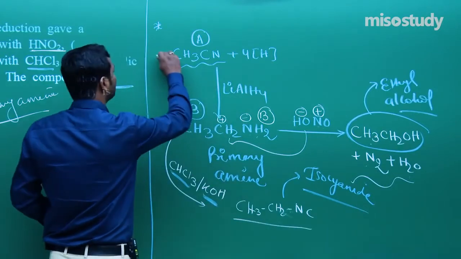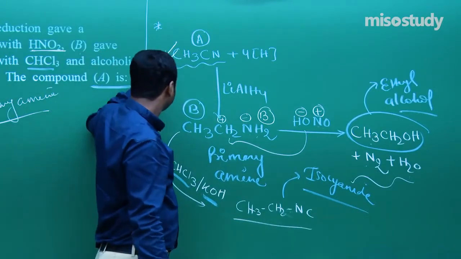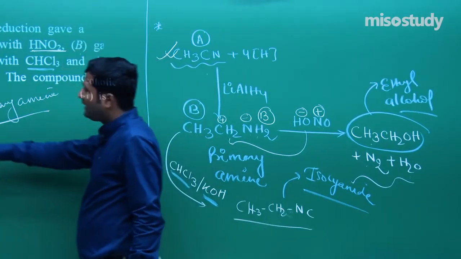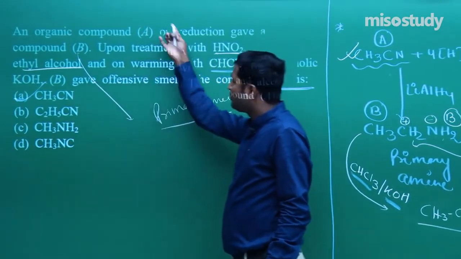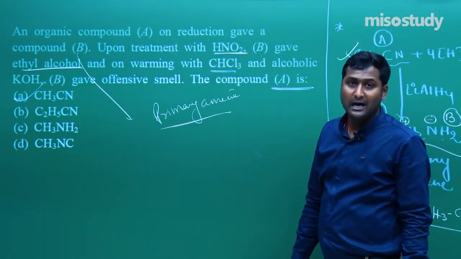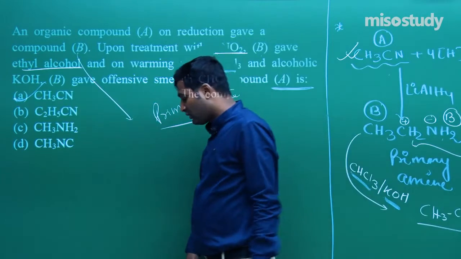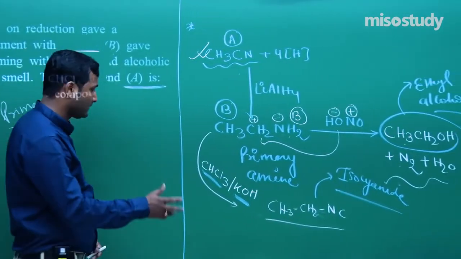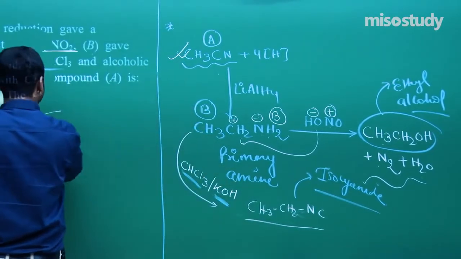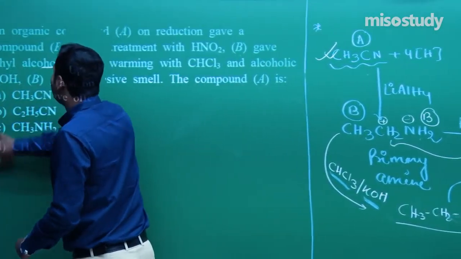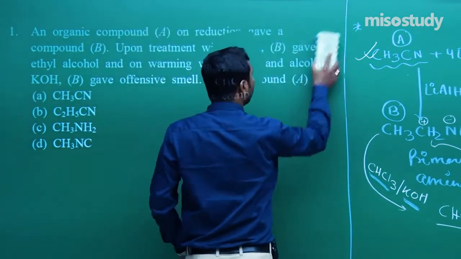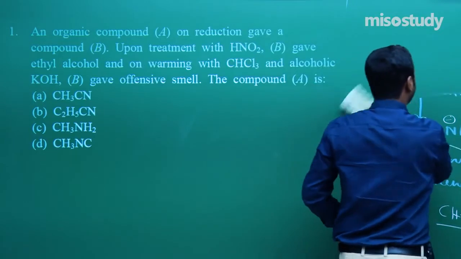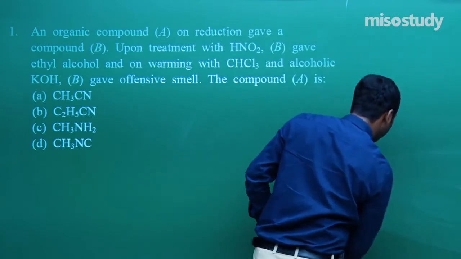So predict A. We can easily predict that A is a cyanide, so the answer is CH3CN. So for question number 1, A is the correct option. Check out the solution, friend, what is given here. I am giving you a few seconds so that you can easily solve such kind of question. These are important questions related to JEE Main as well as JEE Advanced examination. Clear? Now I am going to drop this part and we'll discuss the next question. Give me a few seconds, wait for a moment.